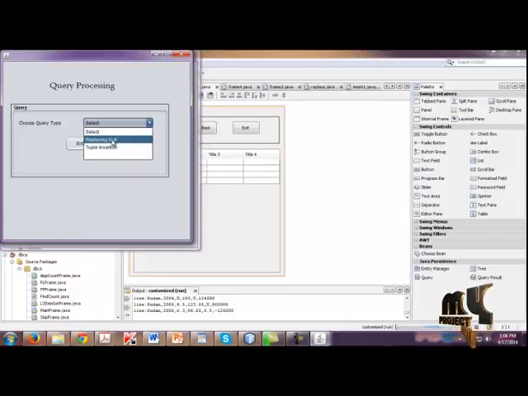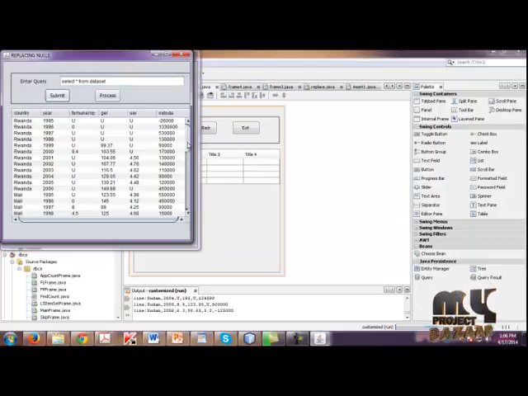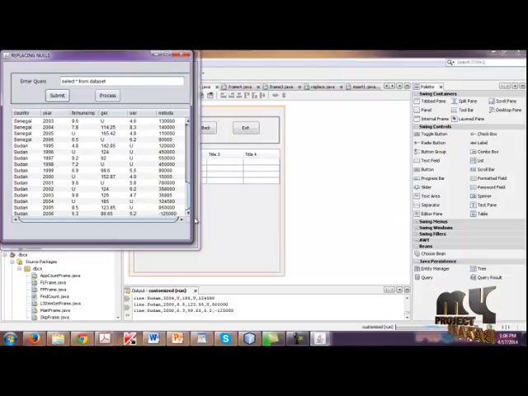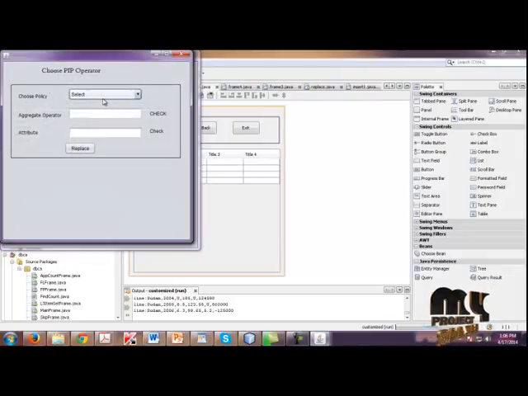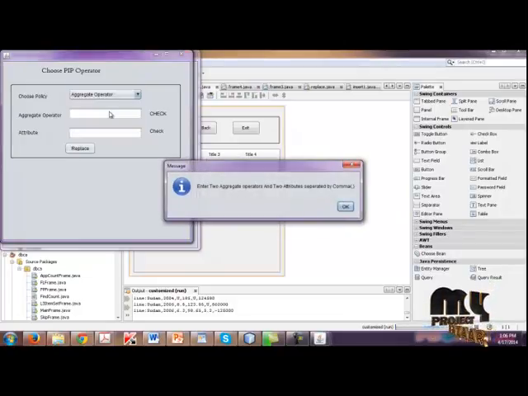Now I am going to use replacing null. Click enter query and enter the query: select star from the dataset. Submit. Finally the values are shown here, and click process. In that, choose the policy: aggregate operator, regression operator or attribute operator. I'll choose the aggregate operator.